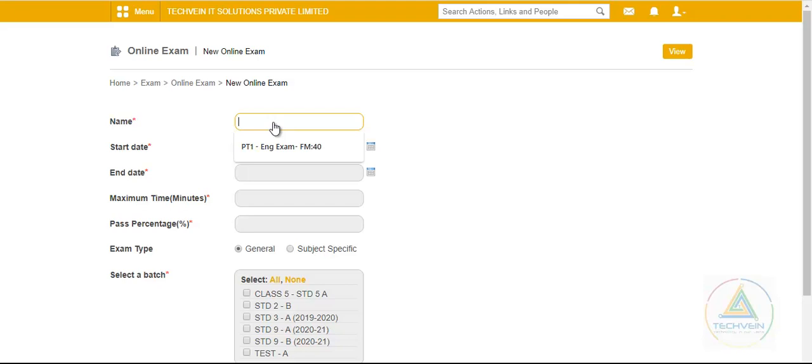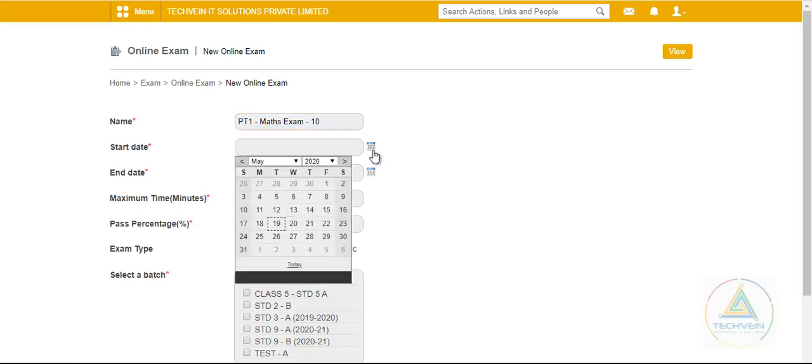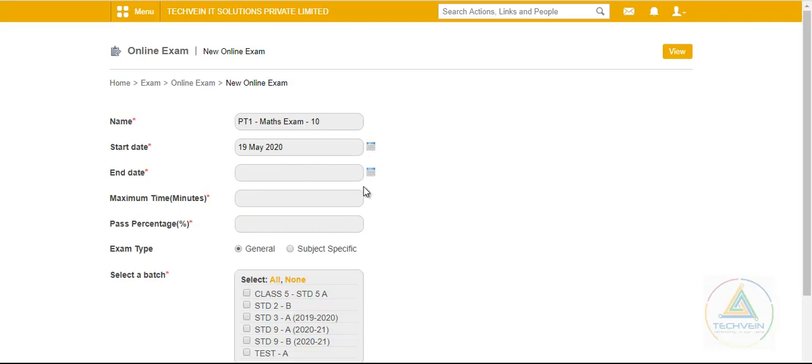Suppose this is a PT1 maths of full marks, suppose 10. Start date and the end date. The purpose of giving two dates is that it doesn't mean that you can extend the exam from 1 to more days, but here we can set the examination for a whole day. Suppose today's date I give it,